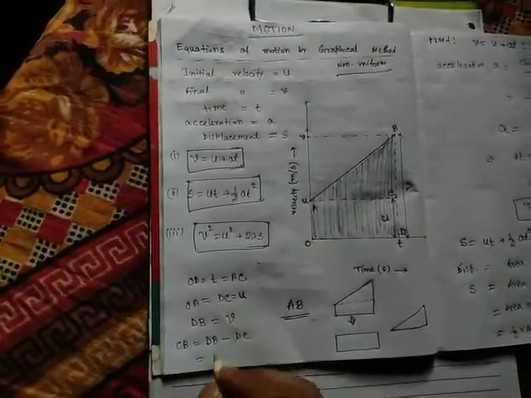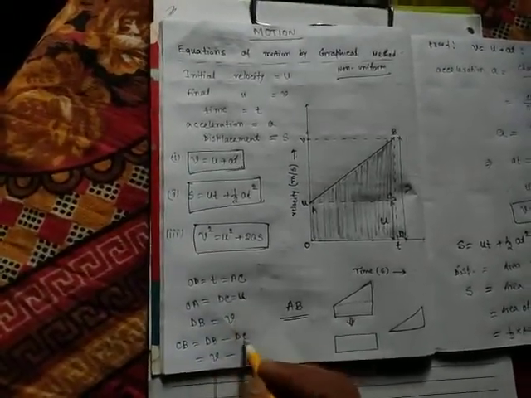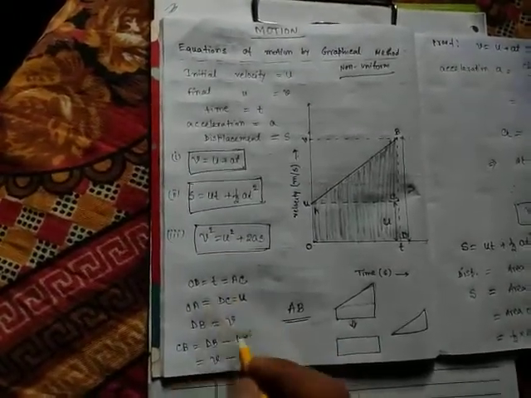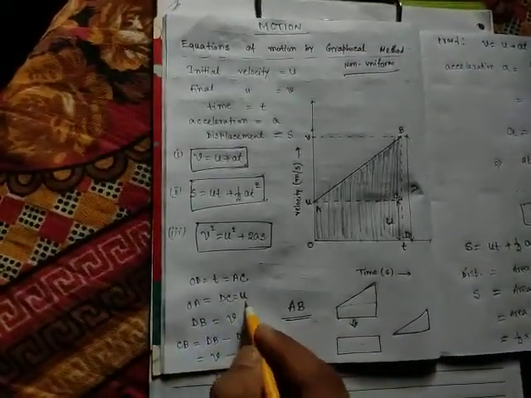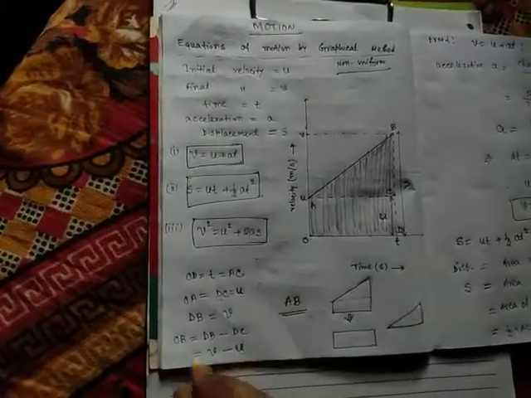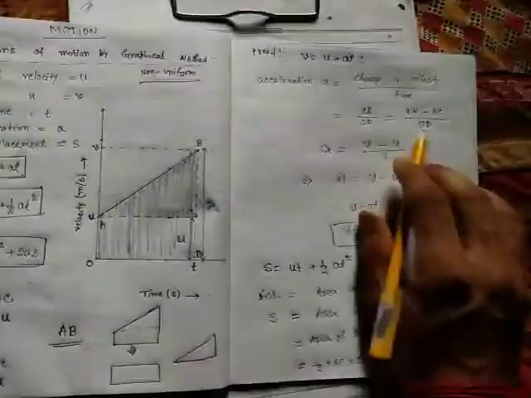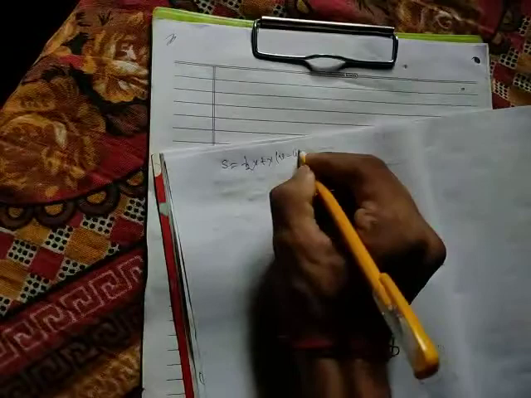DB means V, minus DC means U. So CB means V minus U. In the last proof I showed you, CB is equal to DB minus DC, that means V minus U. Plus